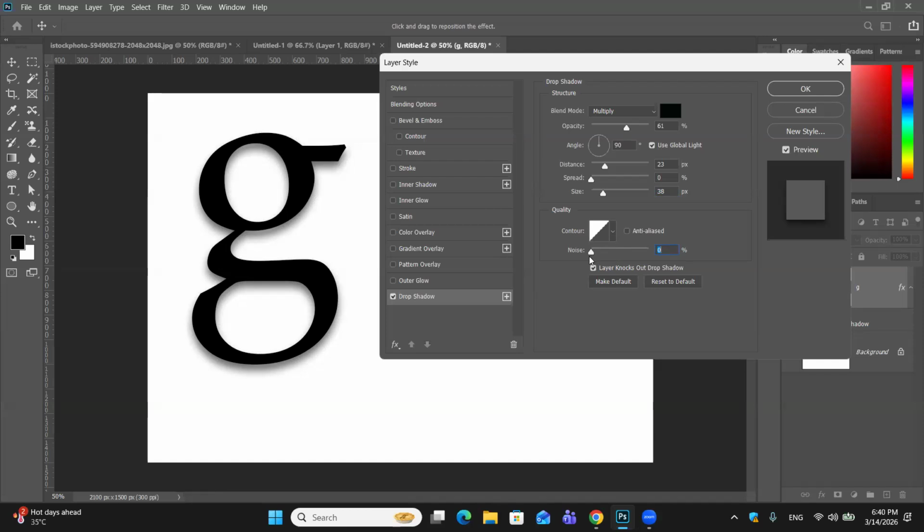What is opacity? What is distance? What is contour? What is noise? Don't try to apply, but just try to understand what features work and what they are, in short, what the shadow features are. When you practice and practice, you will understand more details. So always make sure when you practice blending options, practice step by step, see all the options, play with those options. Automatically, you will understand